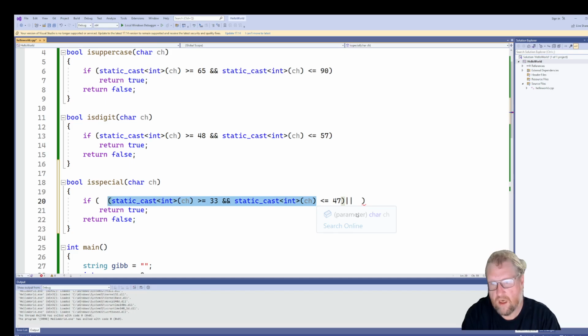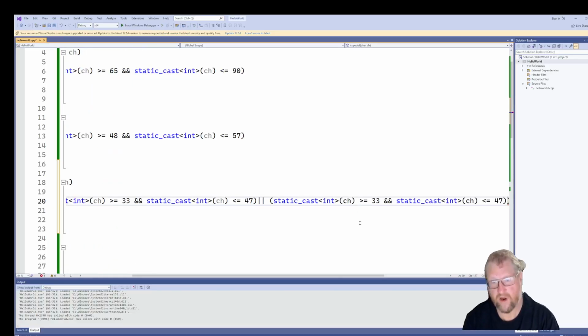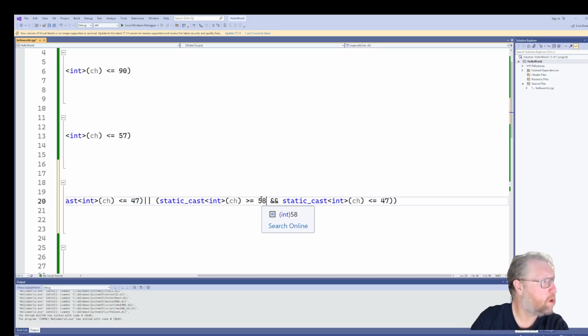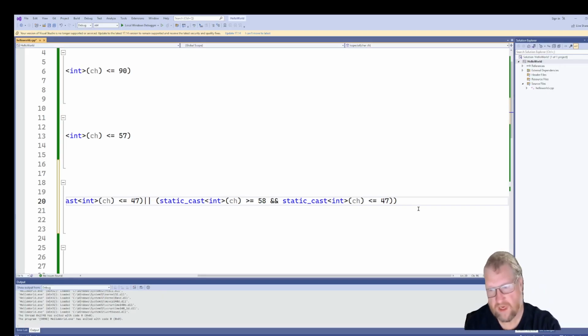Snowball incoming. Big snowball. There. Okay, what's the next span? It's 58 to 64. Yeah, 58 to 64. And then we got another span. Or,